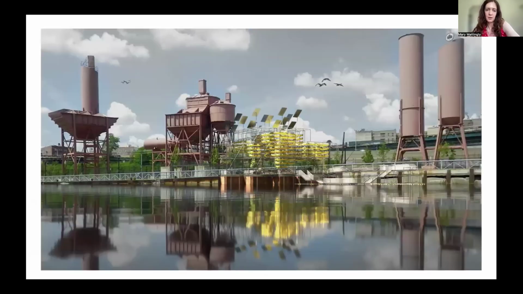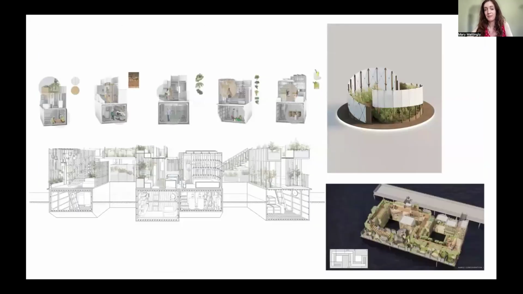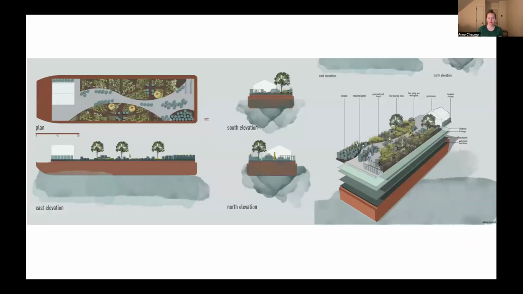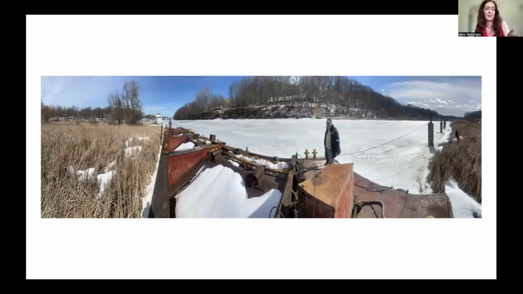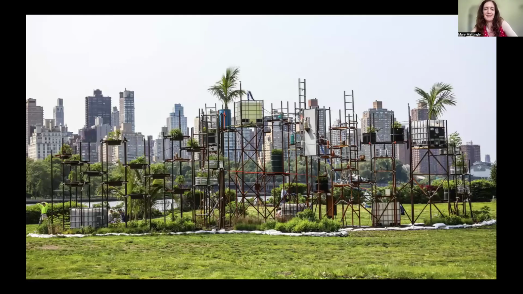And so I was able to work with students to do some redesigns, then later found the actual vessel, which is this. It's a little bit smaller, like 90 feet by 30 feet. The original was 140 by 30. So we're losing some square footage, but it's really interesting architecturally. You can see that there are these planter beds already built into this. It's a dump barge. So I'm pretty excited about that.